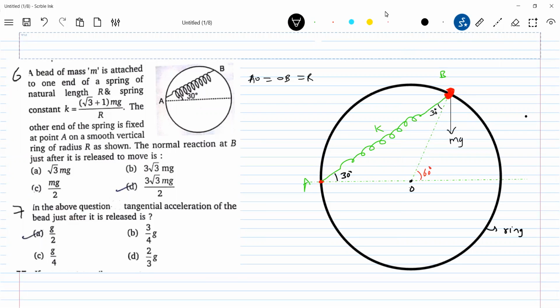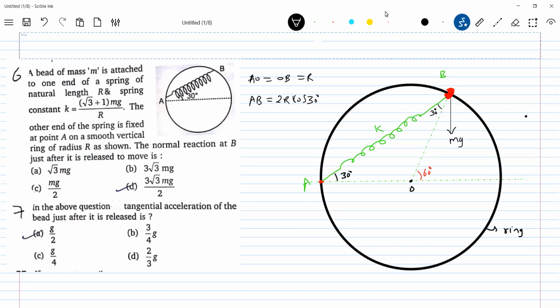Keep it like this, you know. Is the spring elongated or compressed? Can we find out AB? Anybody? So this is equal to R, no? So 2R cos 30 should be the length AB. Sir, AB is already given, no, sir? Spring length is R, no. Read once. 2R cos 30 is the new length of the spring